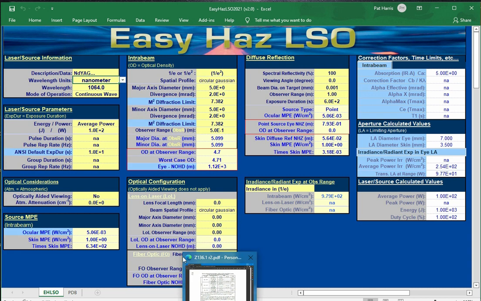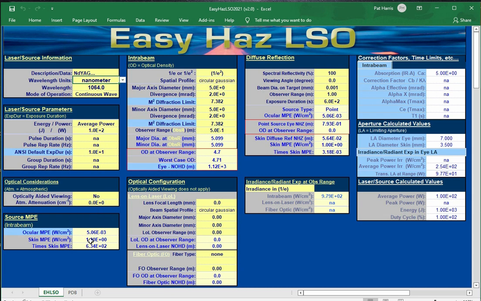And this is only running 100 watts, and we have 1.1 kilometers. So you can see that a YAG is a little more of a hazard than a CO2,